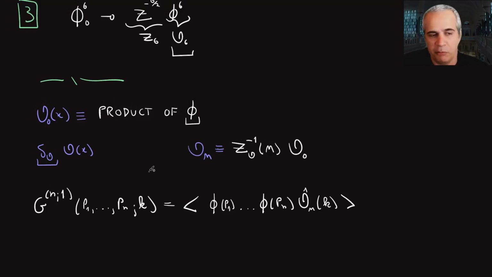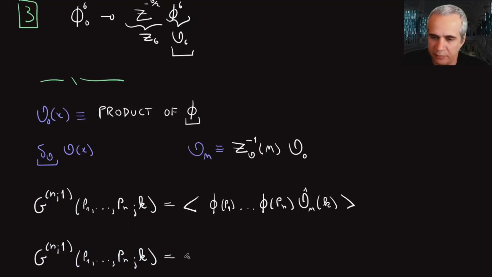And so if you write this function now, this is in terms of the renormalized fields. I could rewrite the same Green function in terms of the bare fields. In that case, I would have a power of Z to the minus n over 2, and that depends on m, for the free field part. So that would take care of all the field renormalization. So now I replace these guys by the bare fields.